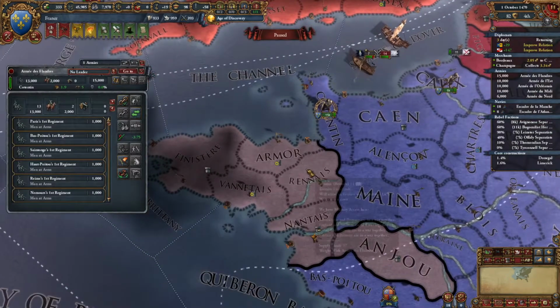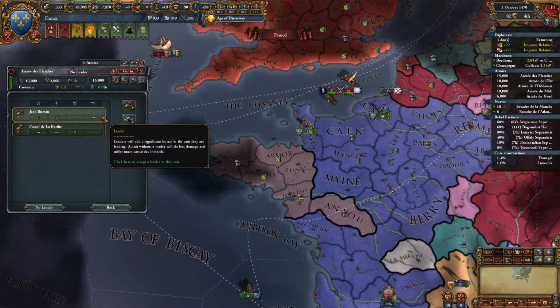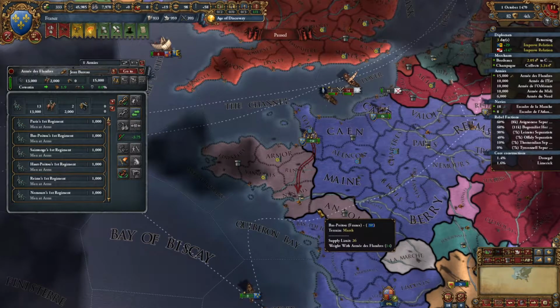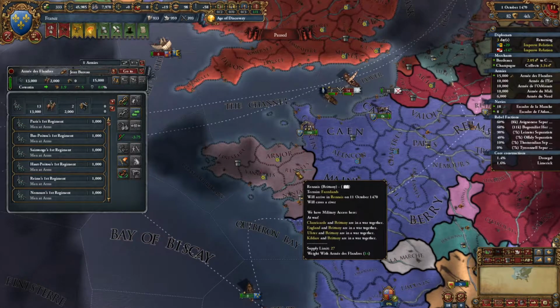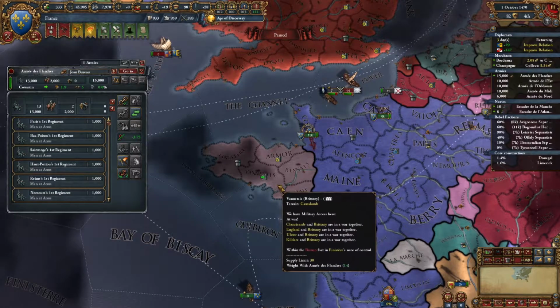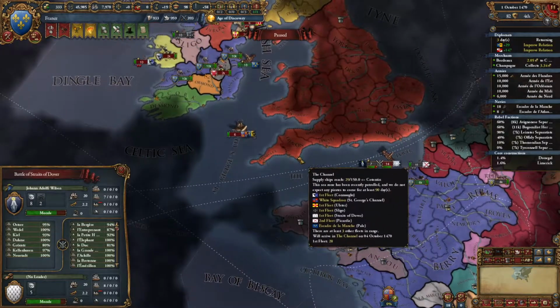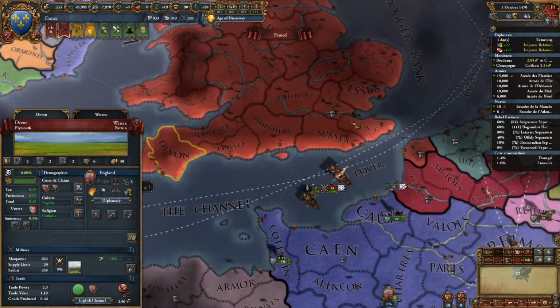So the war has just started. Tactically, what do we need to do? We need to move these guys. These guys probably need to have a good general to come down here and beat up Brittany. I'm going to move into here, and we need to just figure out where their troops are right now. These 6,000 go up to Calais and start sieging it. England should not be able to get across here